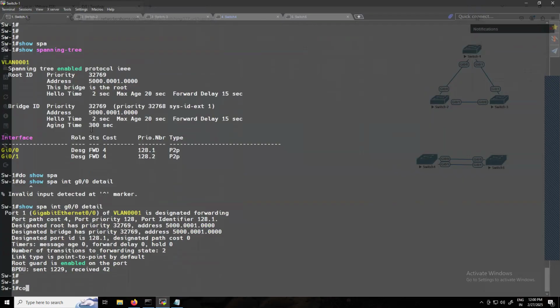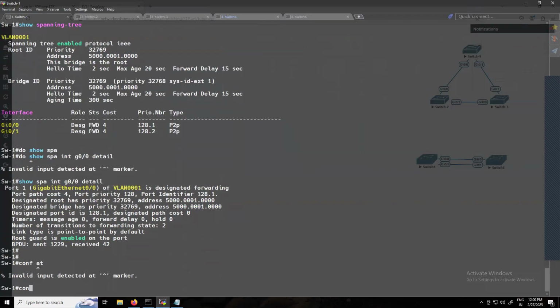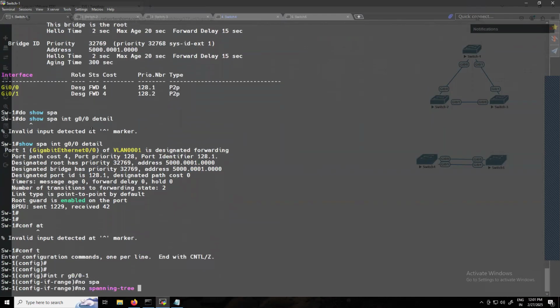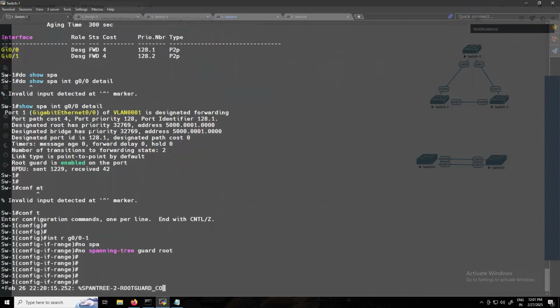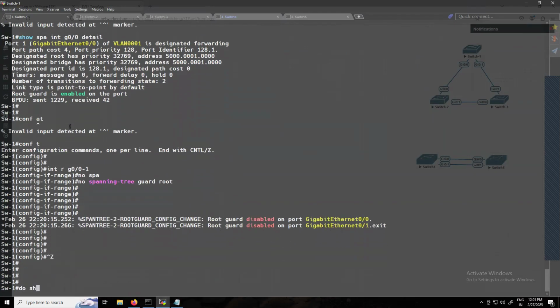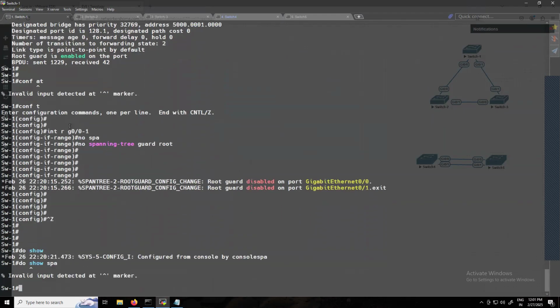Yes, root guard is enabled. I need to disable it. Interface range 0/0-1. No spanning-tree guard. Okay, root guard has been disabled. Now I can do it. So check here. If I say do show spanning-tree,